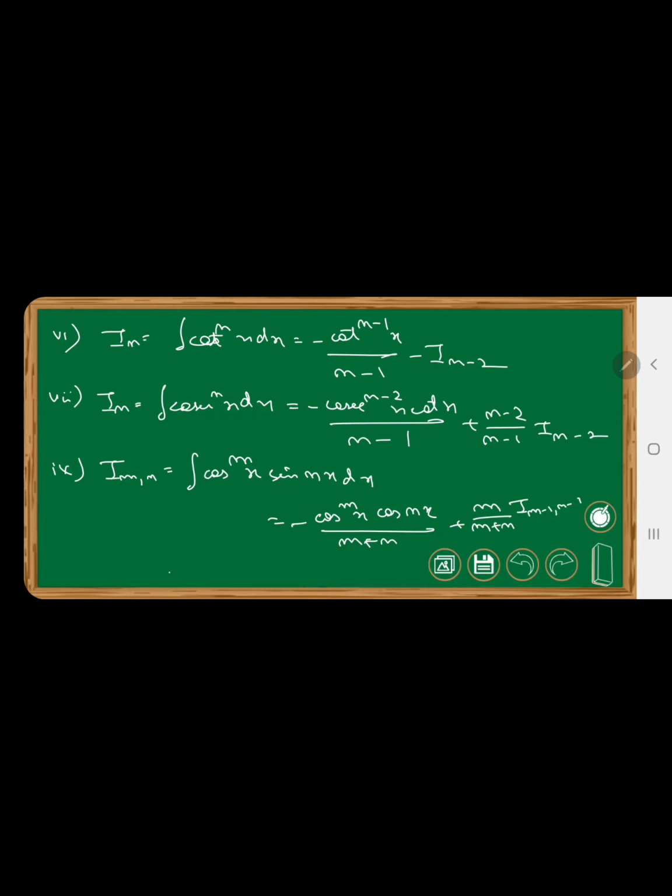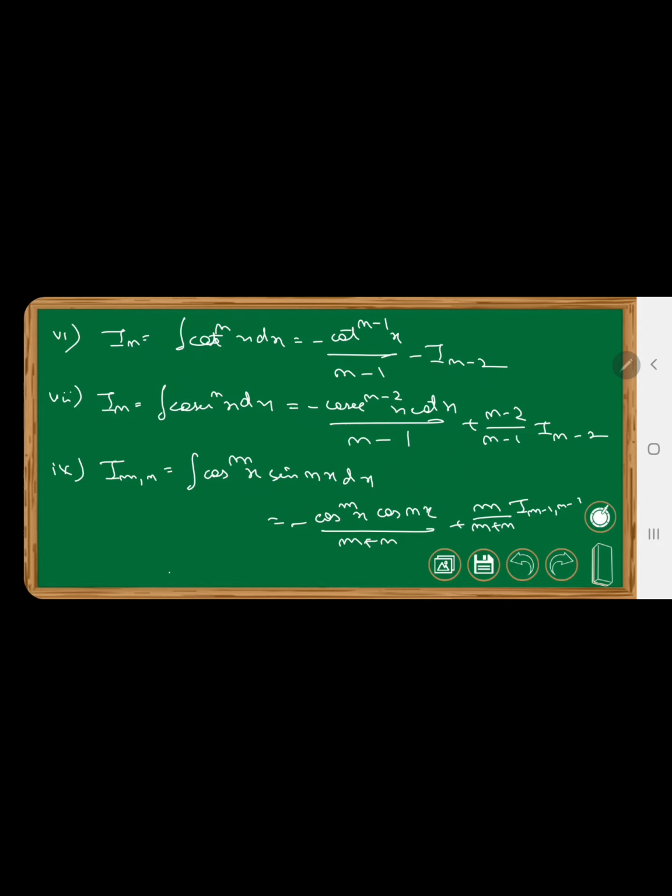Clear? So these are all the formulas which are there in your reduction formula case. Whatever problem will be given to you will be definite integrals or proofs related to the definite integrals of any of these integrals. So just remember the formula, put the definite integral and find out what it actually yields, and you are good to go. Am I clear? At that point, you will be given a particular power.